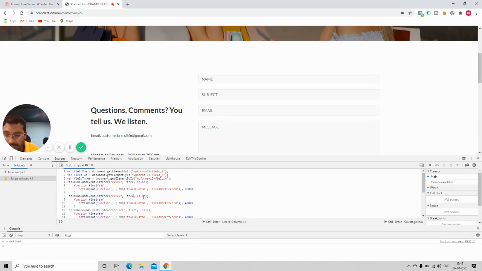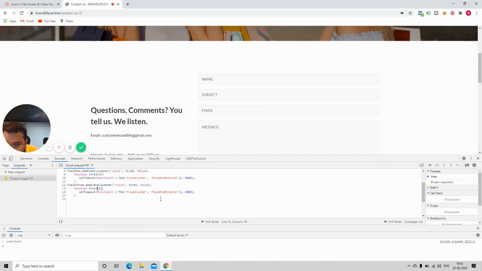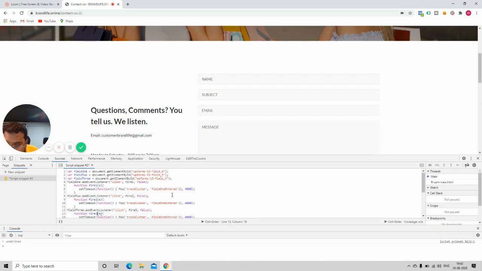Instead of fire one, I'll put fire two, and here I'll put fire three. So here I am running the fire two function, and here the fire three function.